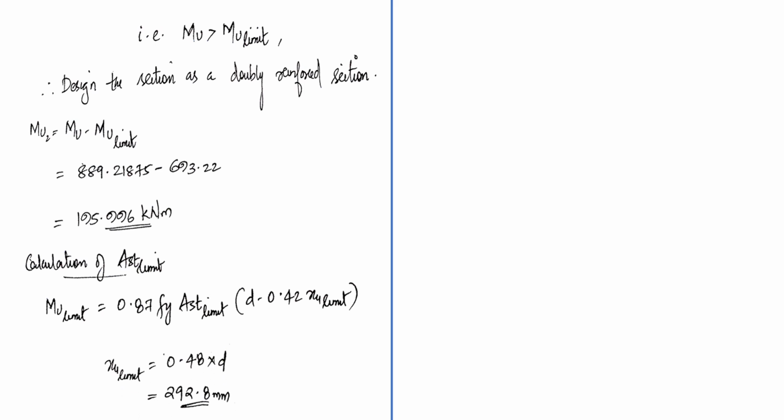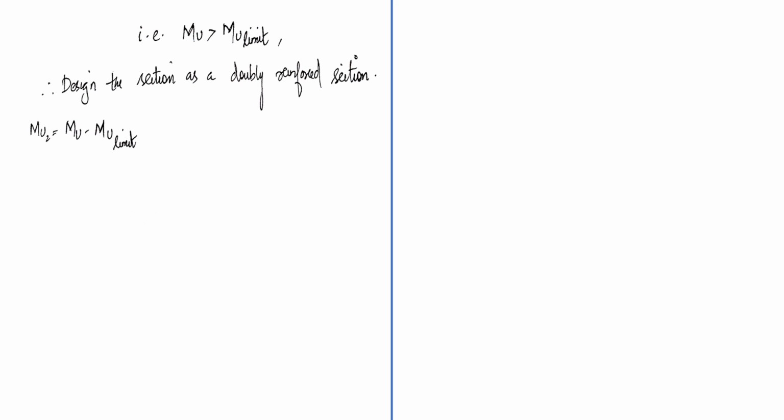So when you calculate that Xu limit, you need to get the value. Xu limit is equal to 0.48 times d, that is 292.8 mm. This is based on the grade of steel. Substituting that value over here, and you know the values for Fy and d, you know the Mu limit value as